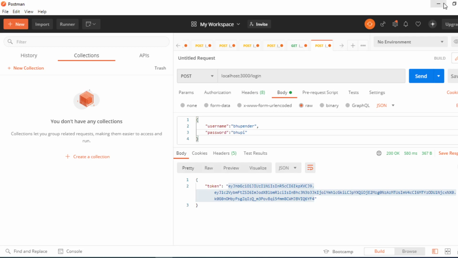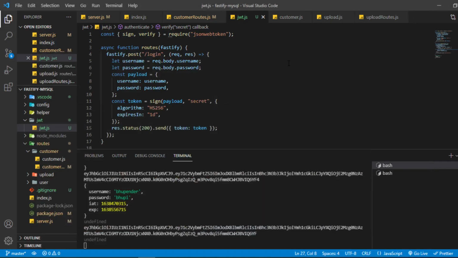Okay, but after making the middleware, we will connect this thing to our MySQL database. We will create a table where the username and the password will persist, and from there we will check if the user is present inside the database, then only it is going to generate the token. After generating the token, we will verify our token.